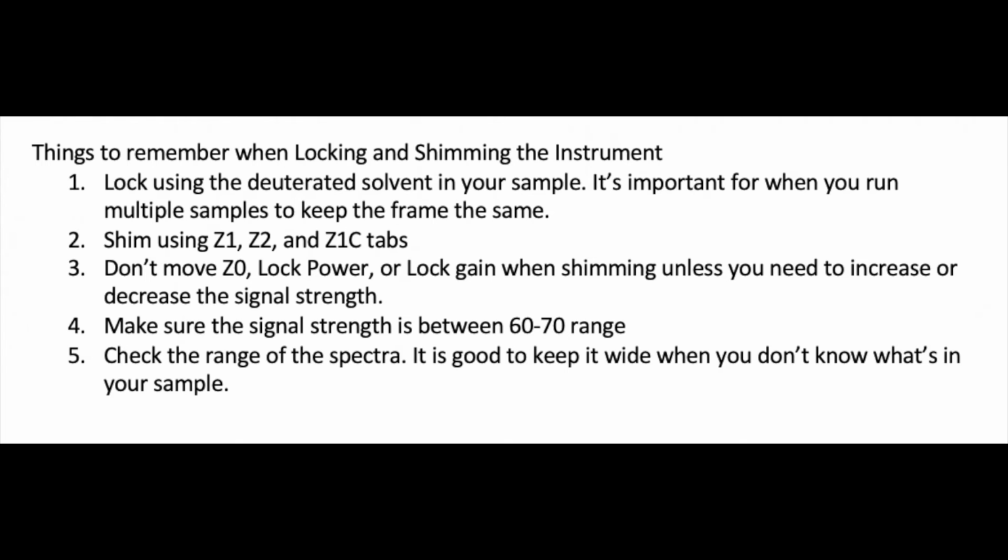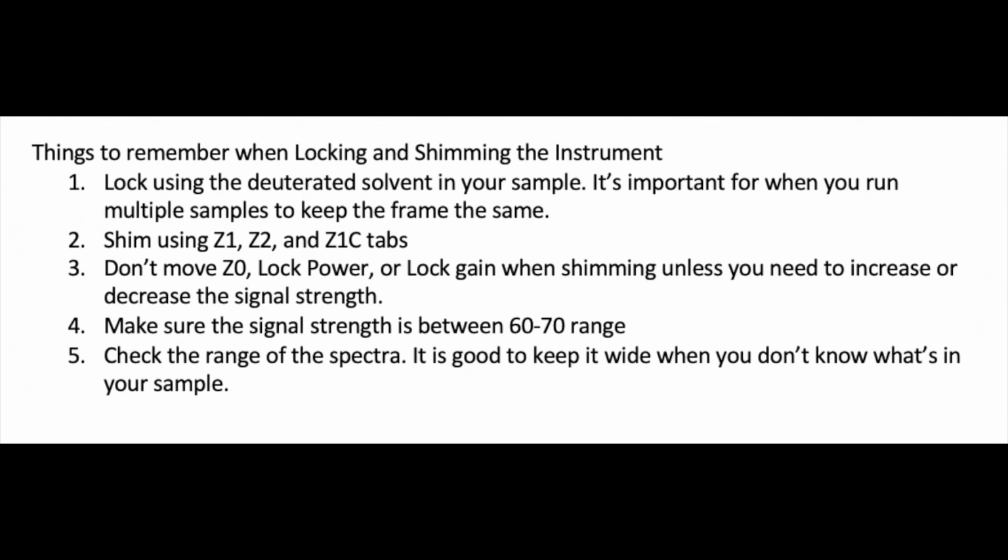Some things to keep in mind when locking and shimming the instrument. The first thing is you're going to lock using the deuterated solvent in your sample, and this is important, especially when you run multiple samples with the same deuterated solvent. You need to keep things consistent across all three or multiple samples to be able to compare them. Second is you're going to shim using the Z1, Z2, and Z1C tabs. Third is don't move the Z0 lock power lock gain when you're shimming unless you need to increase or decrease